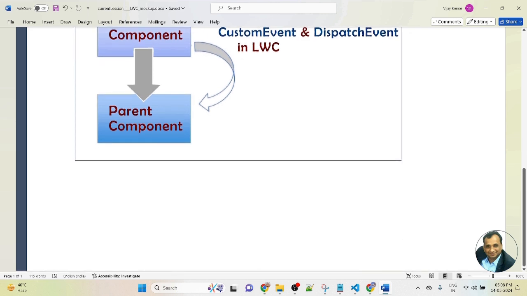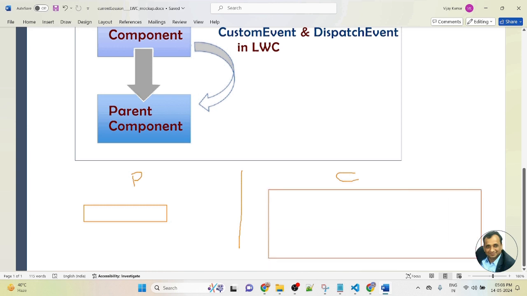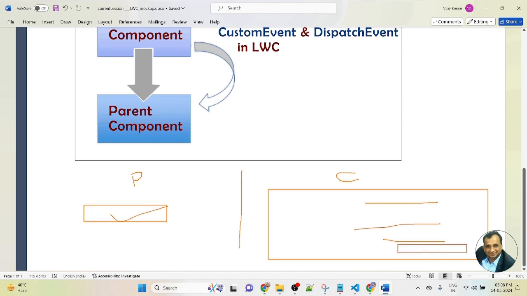In this lesson, I will create two components. The first component is a parent component, and the second component is a child component. So they are divided into two parts. In the parent component, I will create a button, and in the child component, I will create a modal popup. Whenever we click on the button, we will pass a function. So on button click in the parent component, the child component will display a modal popup. In the modal popup of the child component there will be a cancel button.